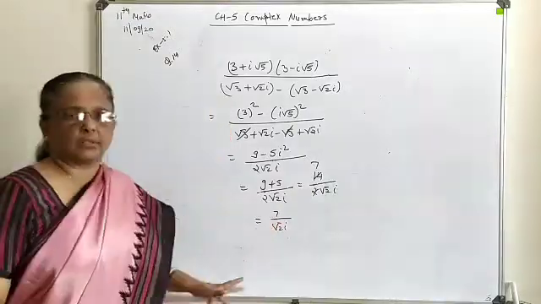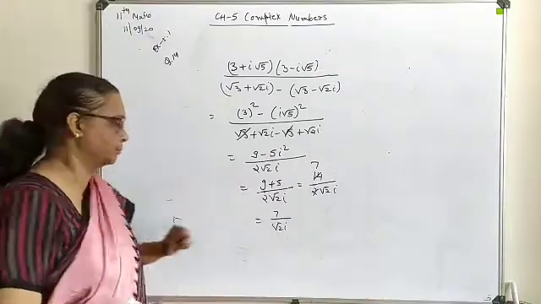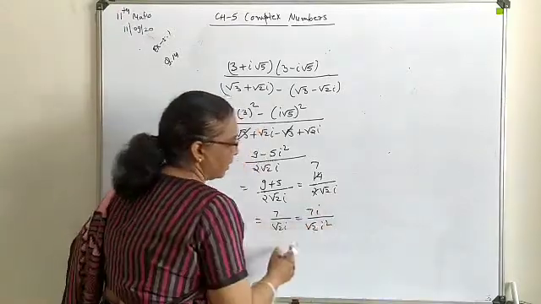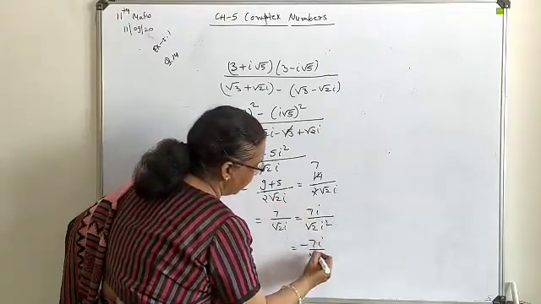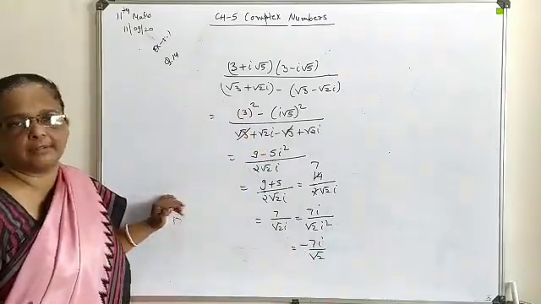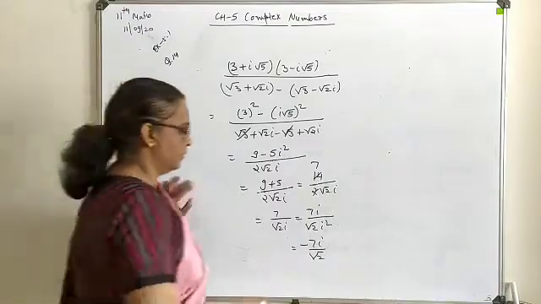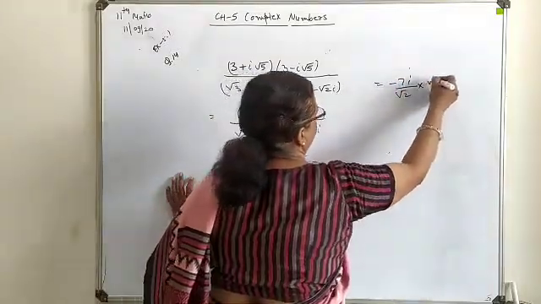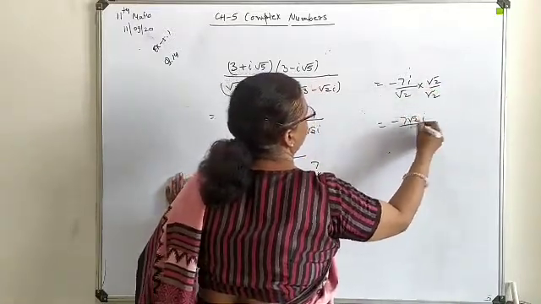Now here the surd as well as iota in the denominator is not allowed. So one by one we will replace them. First of all, multiply and divide by iota. So iota square will give you a minus sign here. So this is minus 7 upon root 2. Secondly, this root is also not allowed. So multiply and divide by root 2 here. That will give you minus 7 root 2 upon root 2 into root 2. So this will give you minus 7 root 2 upon 2.